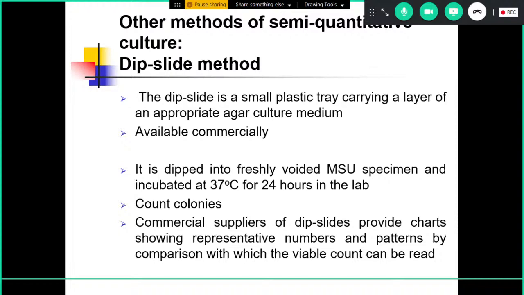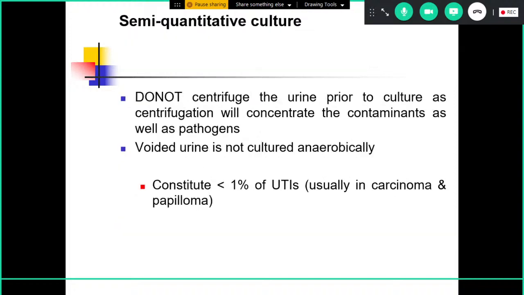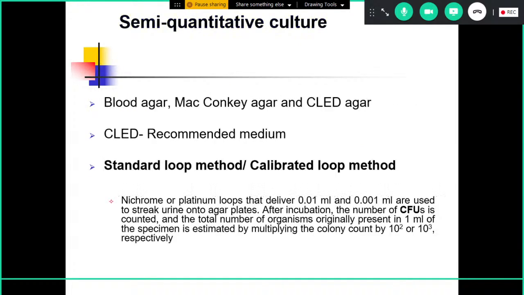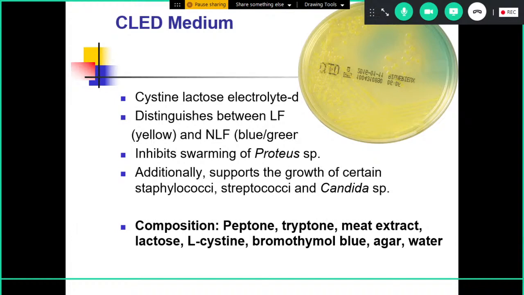So basically the process is the same, that you inoculate. Here you use the calibrated loop, you incubate at 37 for 24 hours, next day count the colonies, multiply by the dilution factor, followed by